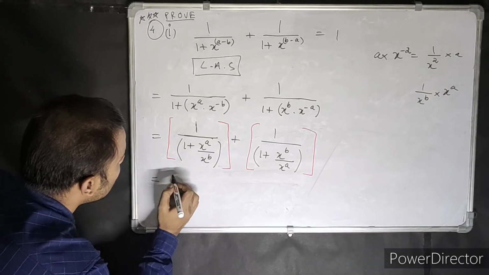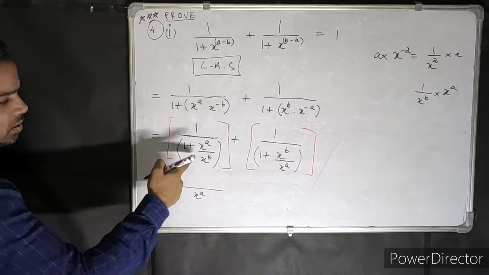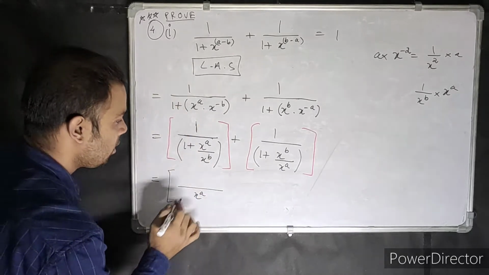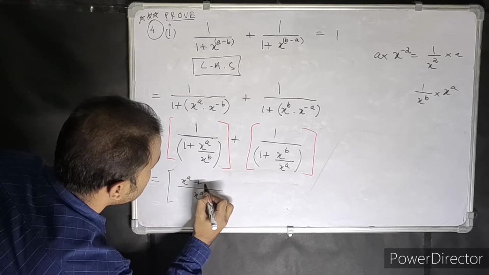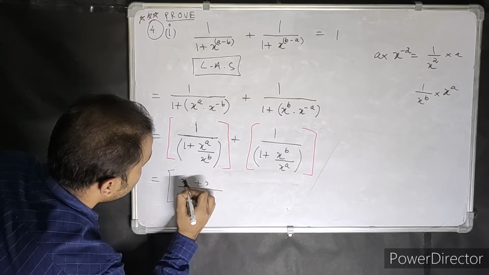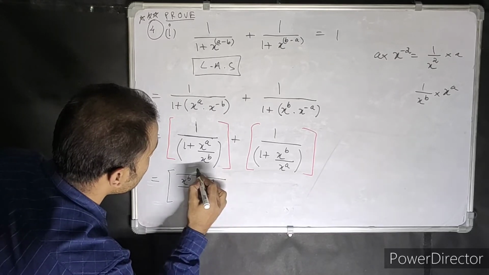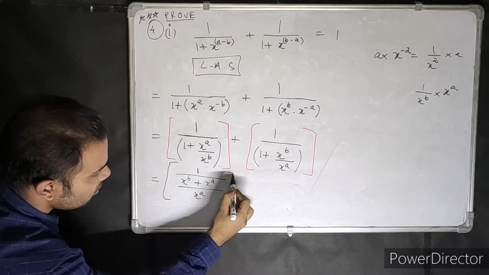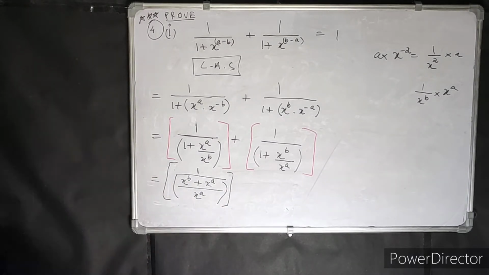Now from here, what do we do? Simple. X to the power a. Just think about this as of now. The numerator will just copy. So this becomes x to the power a plus x to the power b. This becomes the front part, x to the power b, and this is x to the power a. Now the 1 was on top. Okay, now you split it with a different bracket like this and like this. Now put this back. This is down. This is the numerator part.